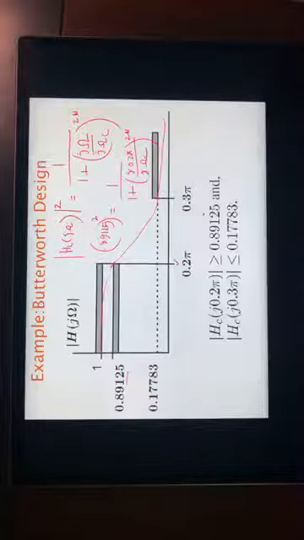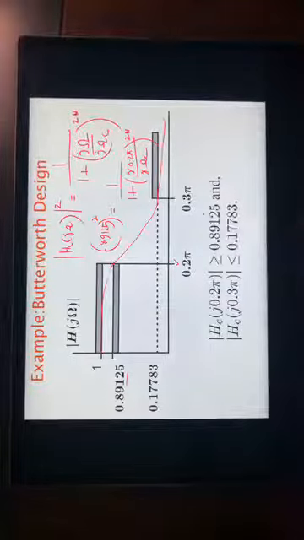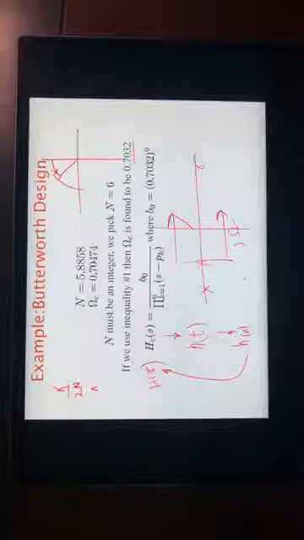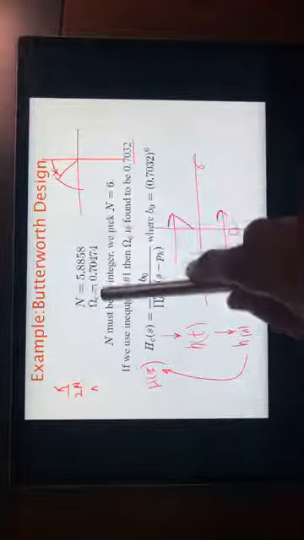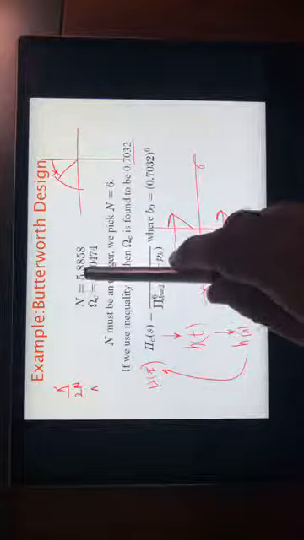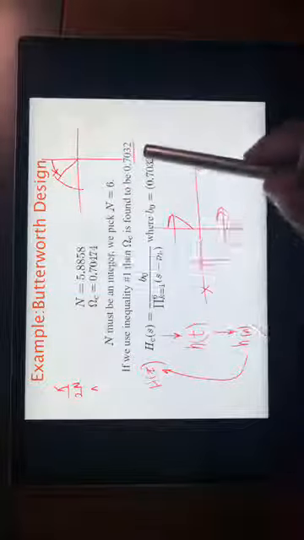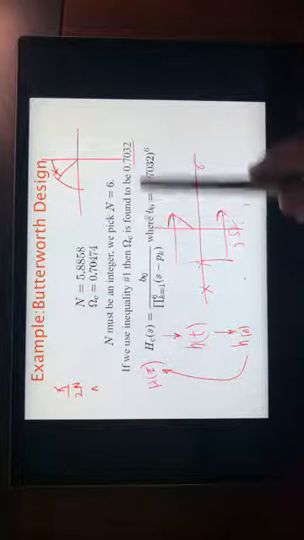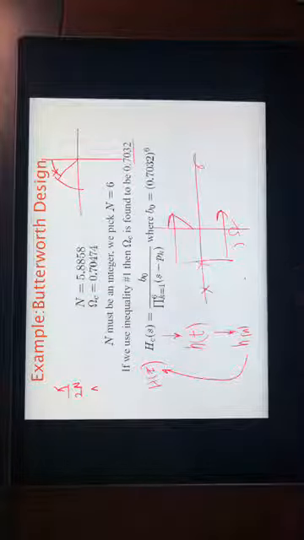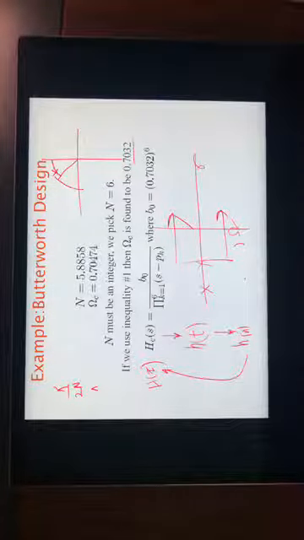If you do that, you are putting this point and this point in this equation, and you get 2 equations and 2 unknowns, and you solve them. So your n becomes this and omega c becomes this. But as you know, your n has to be a whole number. So you take the ceiling, and it becomes 6. So 6, and you go back, put the value of n again, the omega c will change a little, and this becomes your expression. So there are going to be 6 poles on the left hand side, 6 poles on the right hand side. You find all the poles and you find the transfer function.